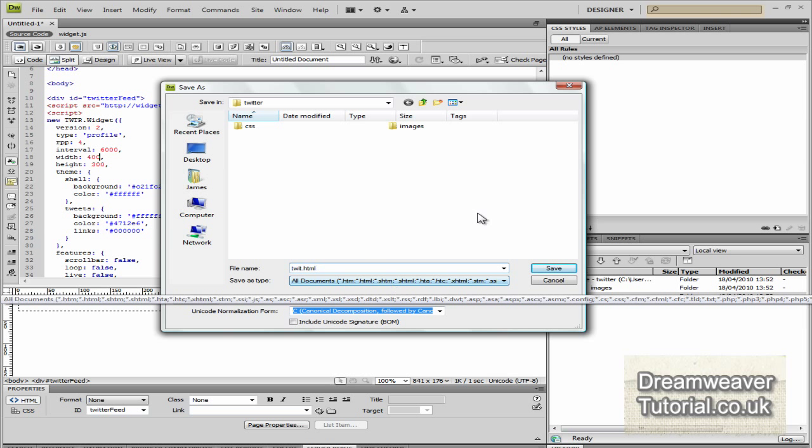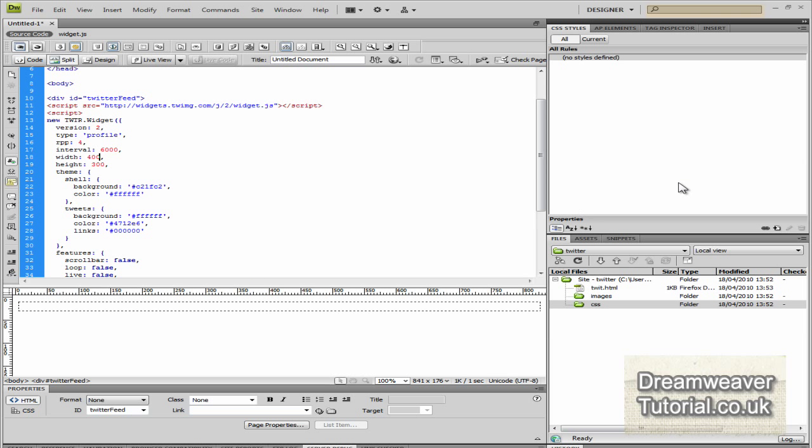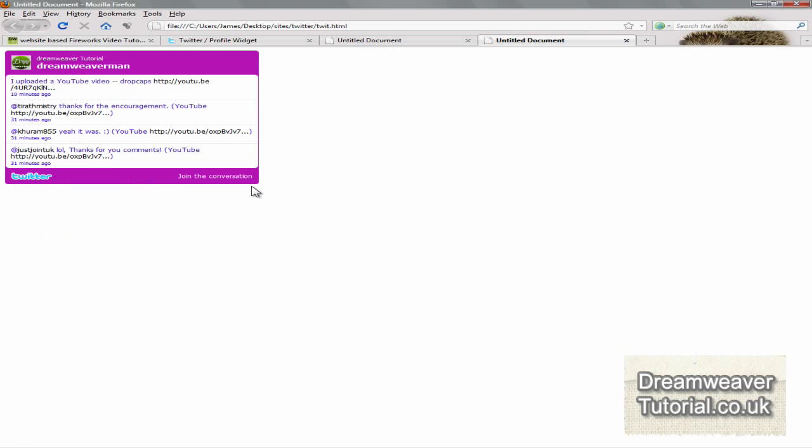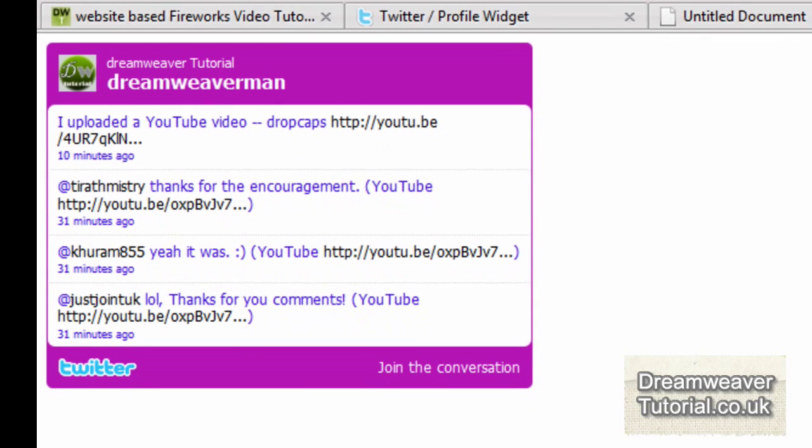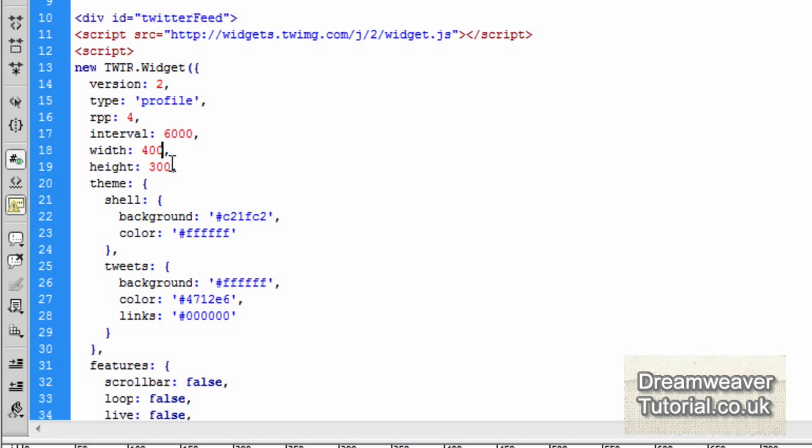Okay, so I'm just going to save the page so we can preview this, and I'm going to call it twit.html. Okay, so there it is. I originally selected 4 tweets to appear, and you've got 4 tweets appearing there, the most recent tweets that I have. Okay, so if we go back into Dreamweaver now, and if I adjust the height,